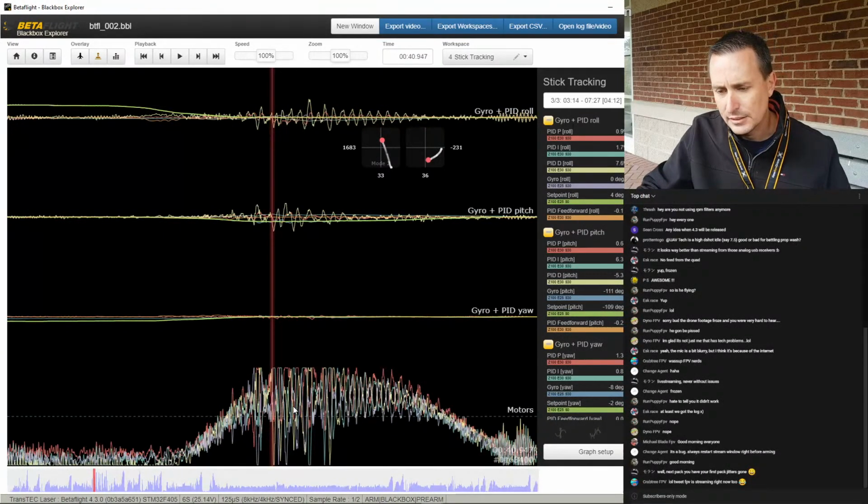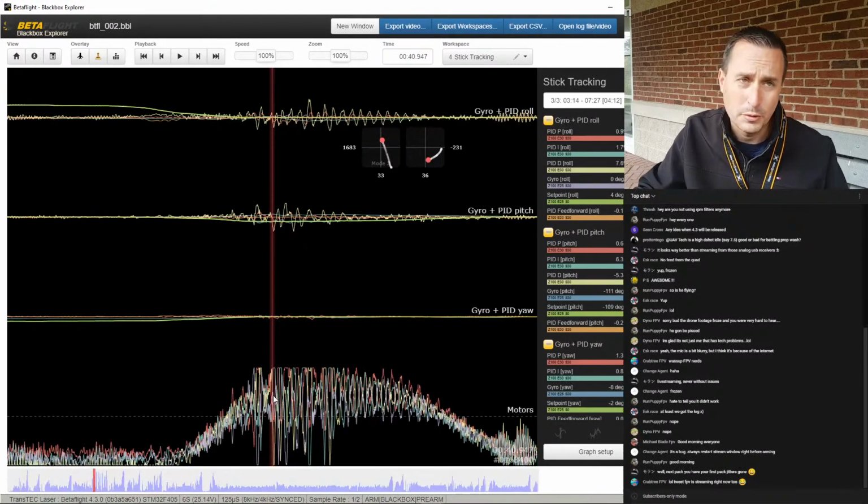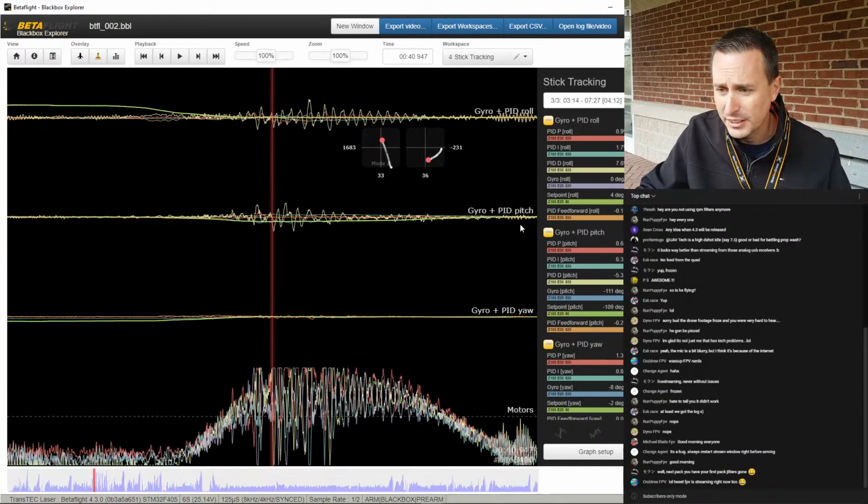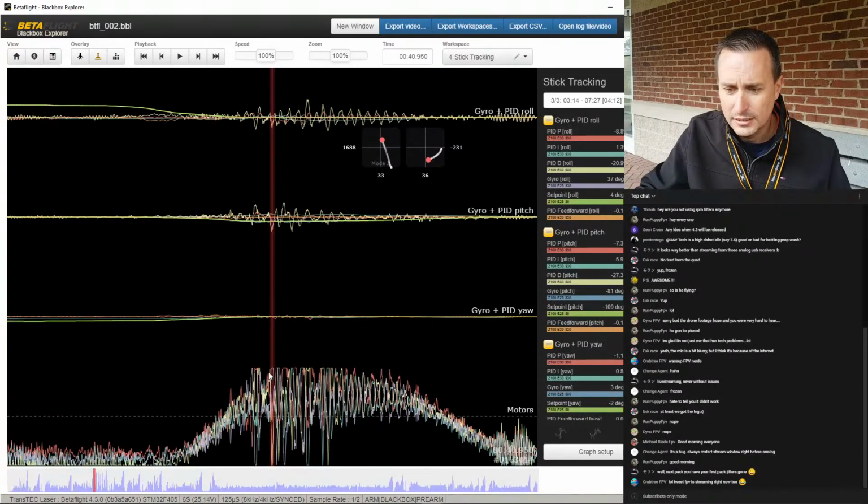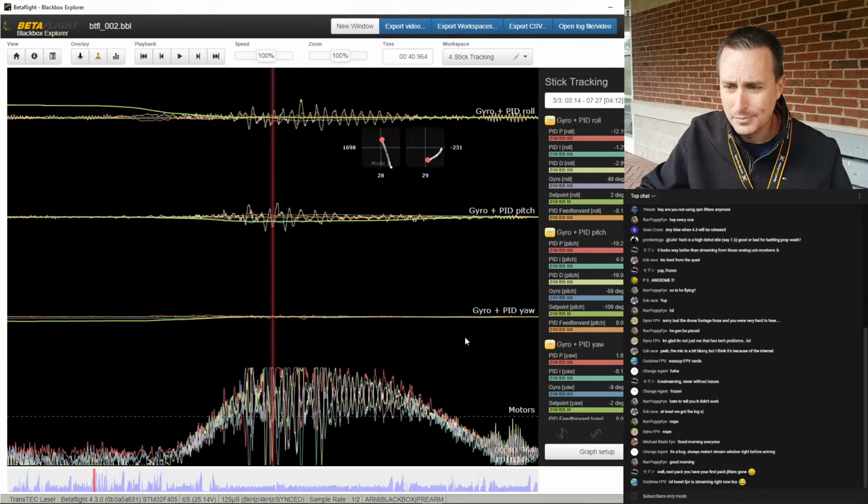Like here, this is what I'll look for too for prop wash. How do you know you really can't go any higher in the gains? You can see that the motor commands are going from 100% down to 0. So it's commanding all it can to keep the motors up to speed. The only thing I could do is to add to this a little bit more